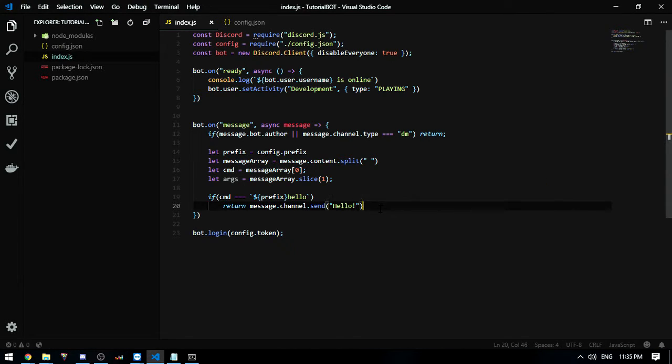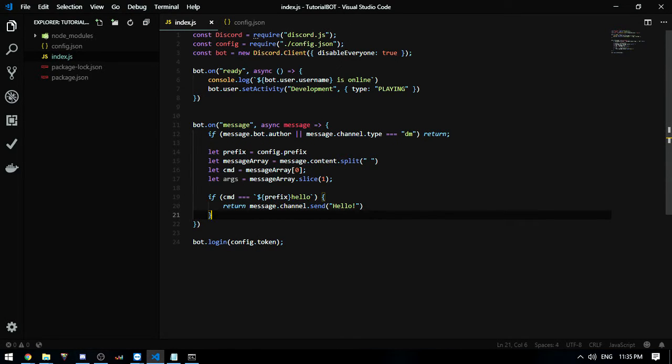And then actually we do need that. You want to make sure you have the brackets here so it's opening up to it, and then you want to have that there. Clean up the code a bit,